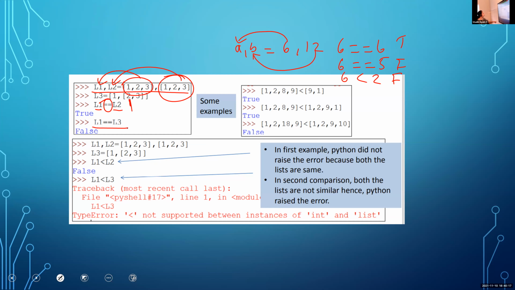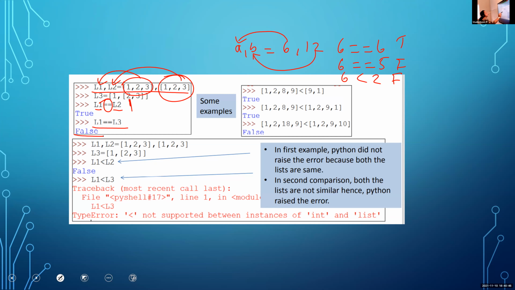L1 is 1 2 3, but in L3 the 1 2 3 is in a nested list. The 0th position value is 1 and 1, that is okay. But the first position value is 2 here, while in L3 the first position value is [2, 3]. So it is not equal and the result is false.